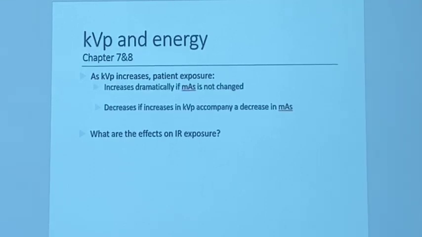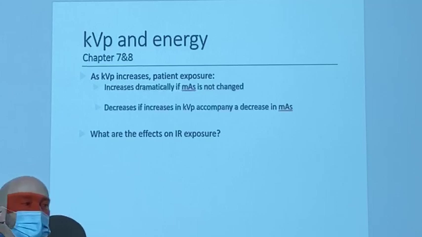So as KVP increases, patient exposure. Now, this is another thing you're going to have a tendency to struggle with on the tests. You're going to have to pay close attention to the test questions and what the test questions are asking you. As KVP increases in the X-ray tube, what increases? Talked about it just a minute ago. Speed of the electrons. Energy level of the photons, but what happens to the number of photons that we create? It increases